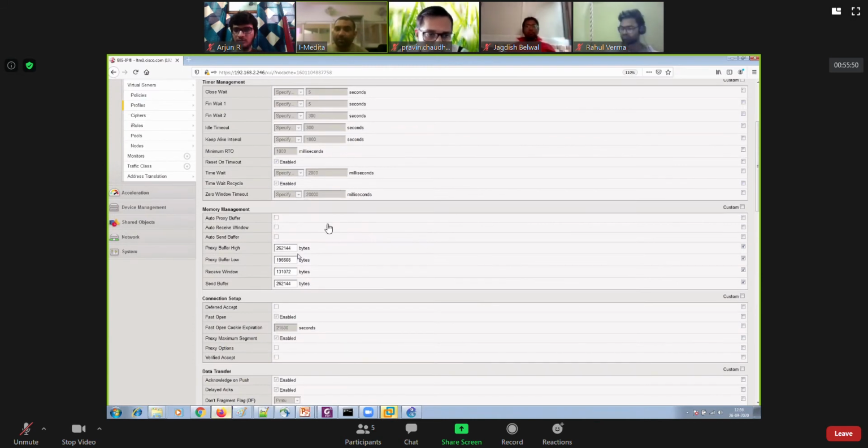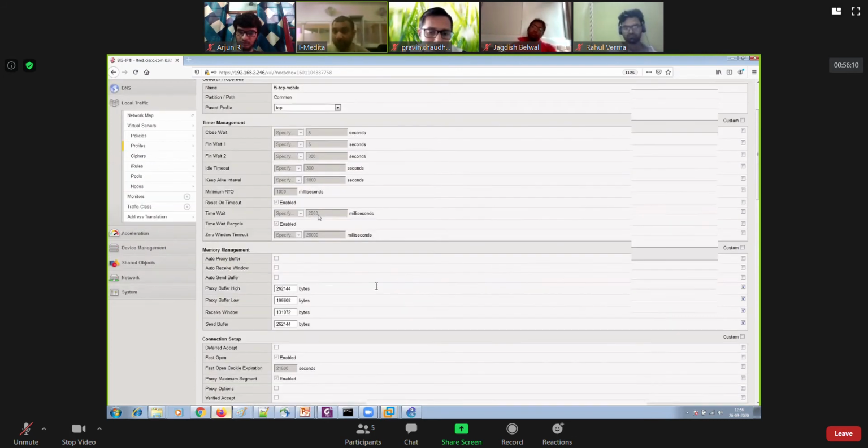You can see that proxy buffer high is now 262144, and low is 196608. So you can see here that they have an existing TCP profile for mobile users, right?